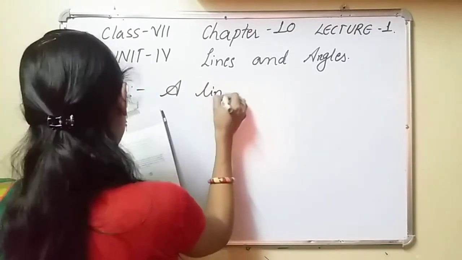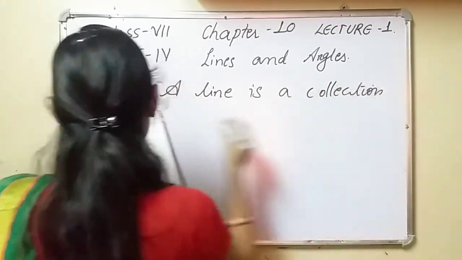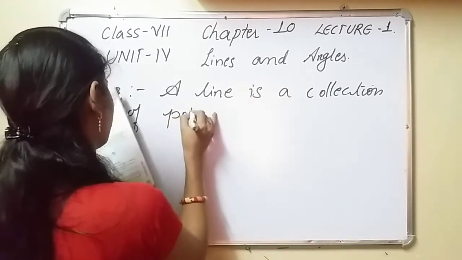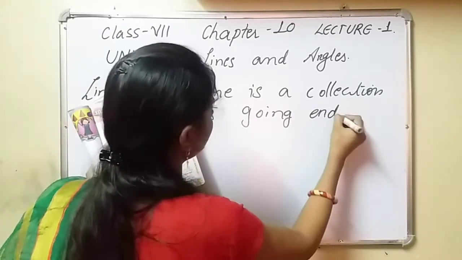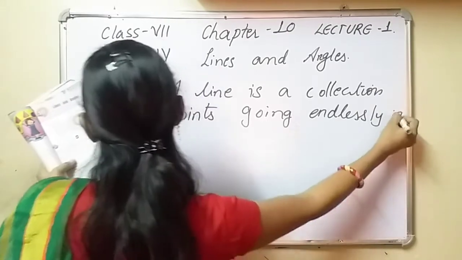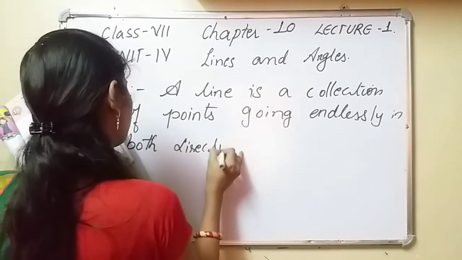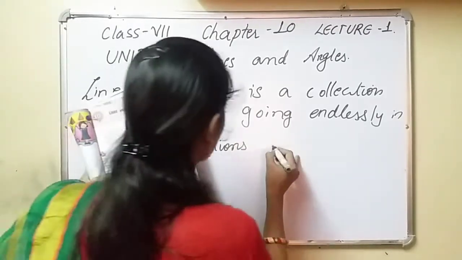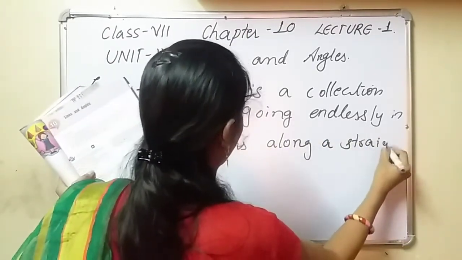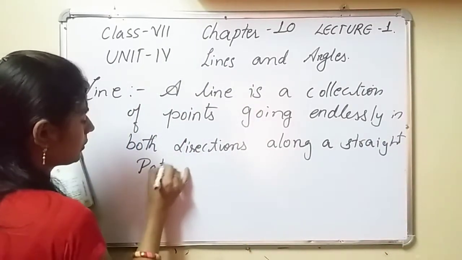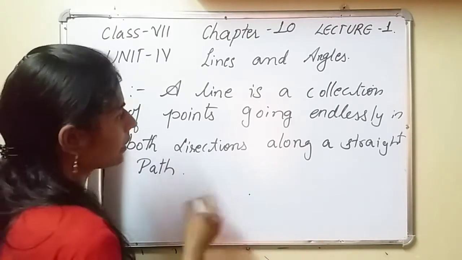A line is a collection of points going endlessly in both directions along a straight path. See, if you are given a point and you have to make a line, so a line is